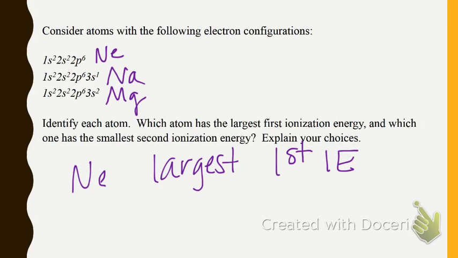Okay, let's think about the outside electrons in neon. First of all, the smallest atomic radius. That's not the reason why. It has one less shell. Thank you. So it is closer to the nucleus, so that electron would be harder to remove. And then the next highest ionization energy would be